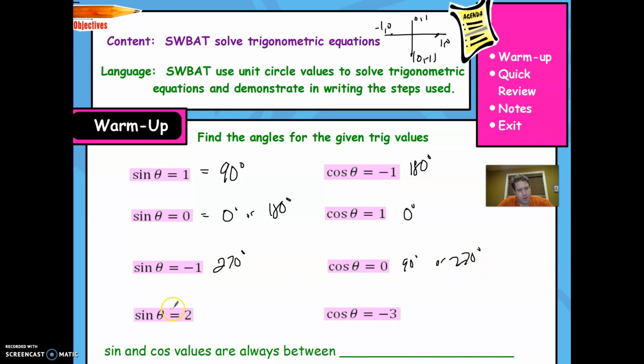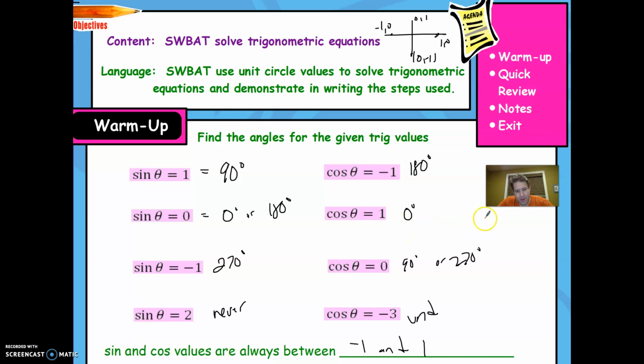Two answers. When will sine be equal to 2? So that's never. That's undefined. And what is cosine going to be? That's also undefined as well. So the reason why is because sine and cosine are always going to be between negative 1 and positive 1. It's never going to be more than 1, nor is it ever going to be less than negative 1,